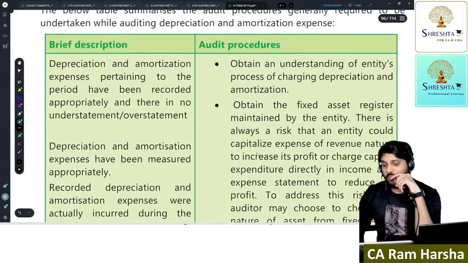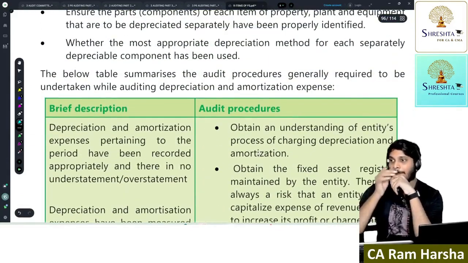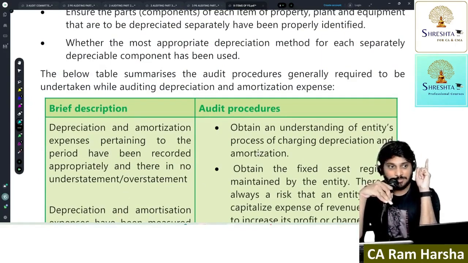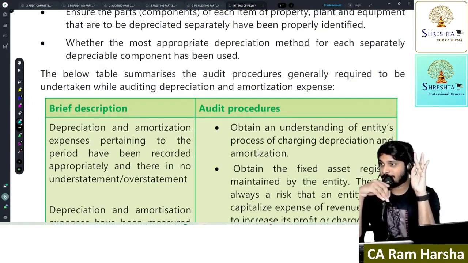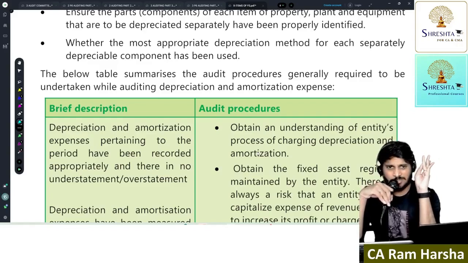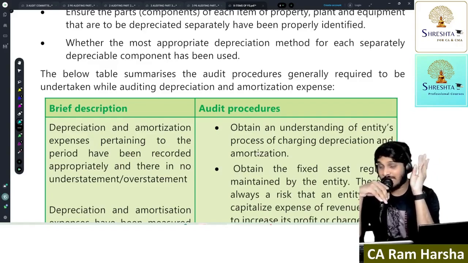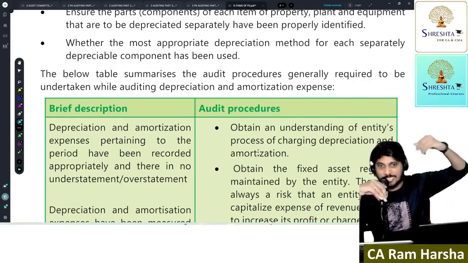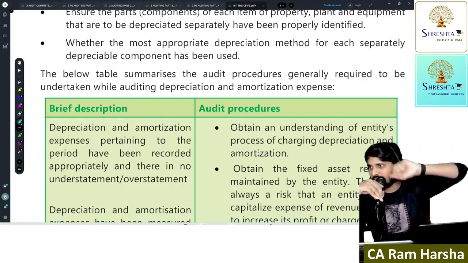Now tell me, how do you verify depreciation? First of all, take the list of fixed assets. Look at when the asset was installed if it is a new asset. Look at the opening balance, and look at the rate of depreciation. Is it matching with the Companies Act depreciation Schedule II or some rate? Matching or not, you should check. Income tax depreciation is not there in these books. It is separate, and it is not relevant for books of accounts.